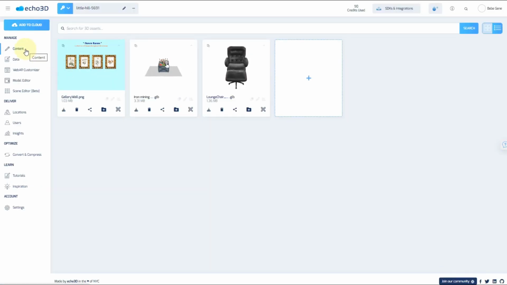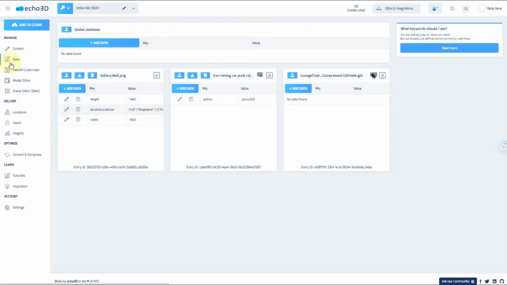And so let's tour the console. Everything here on the left is dedicated to help you optimizing your 3D experiences, give you insights, help you with whatever tools that you may need, all in a very convenient place. So if you click on content, this is going to take you, essentially to your home page. This is where all your content is going to live. Over here, when we're talking about data, this is referring to the global data for each of your items, which will be assigned to every single one of your 3D assets.